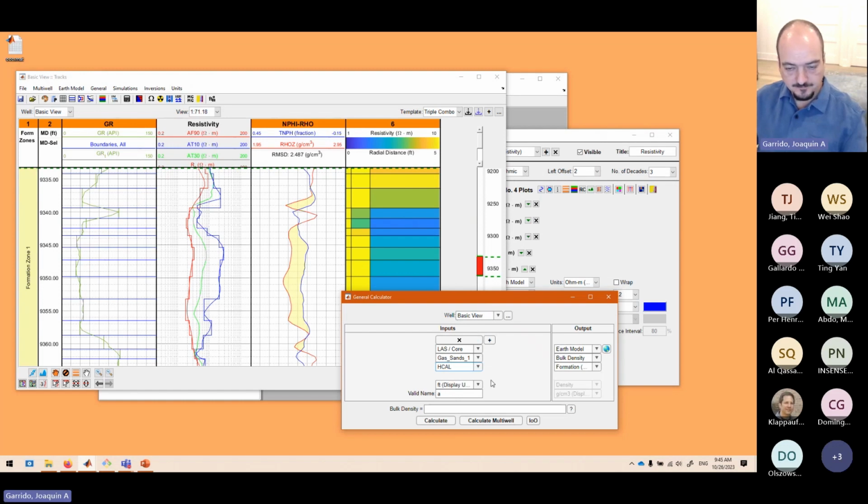we have the caliper. And let's say that we're going to save it and turn it into the radius. Let's call it capital RID. The valid name is just whatever we're going to use here. So I'm just going to call it cal, just for caliper. And the radius is going to be just the caliper divided by 2. If I hit calculate,